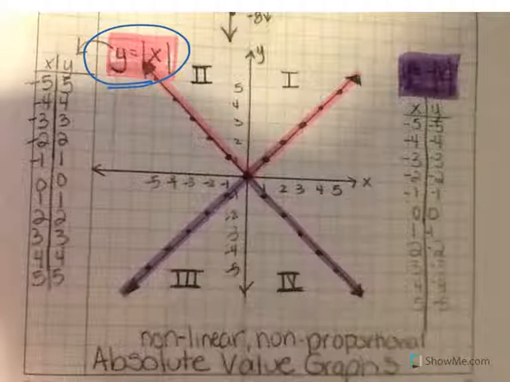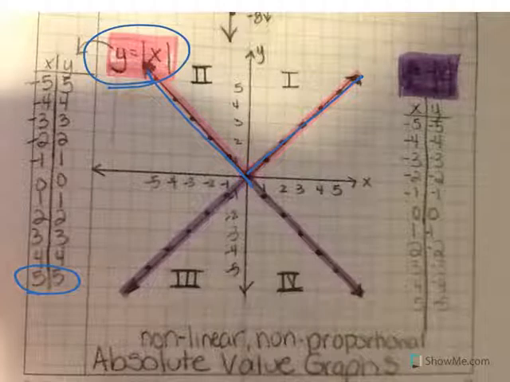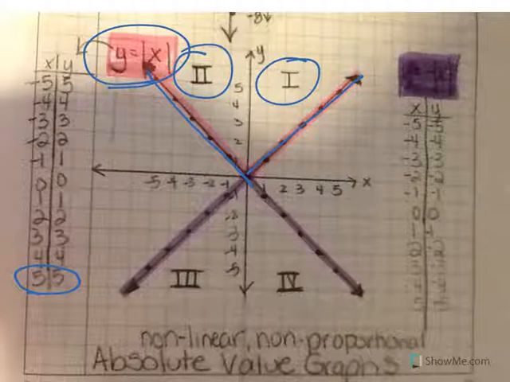If we put in -5, we get the output of 5. We put in +5, we get the output of +5. So we get this exact V-shaped graph in the positive direction. It falls in quadrants 1 and 2. And then, to the right, I have a different chart. This chart, it's hard to read the equation, is for the equation y equals the negative,